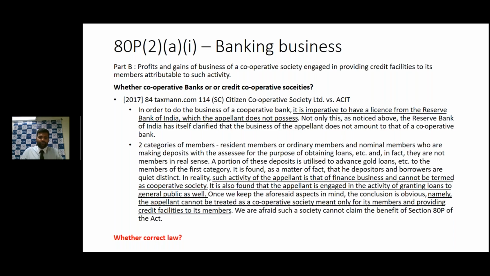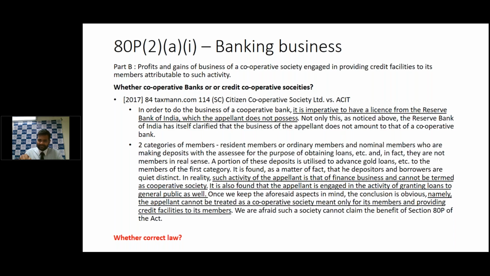Whether the law laid down by Supreme Court is correct or not, I have two views in favor and against. One, in this case, if one sees the purpose or logic behind 80(p)(2)(a)(1), where deduction is allowed to a society engaged in providing credit to its members, the whole purpose will be lost if they cater to non-members or general public as well. Plus the fact that the deduction has been denied to cooperative banks on the ground that other